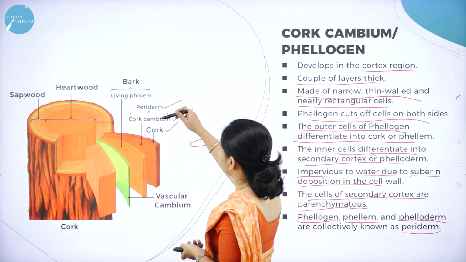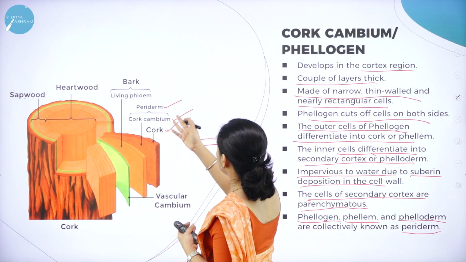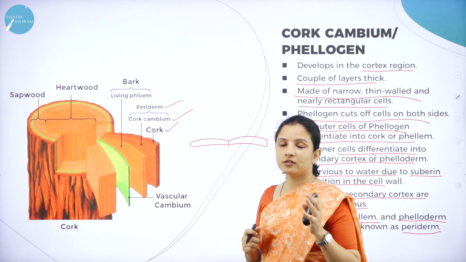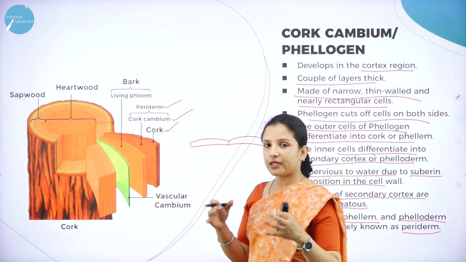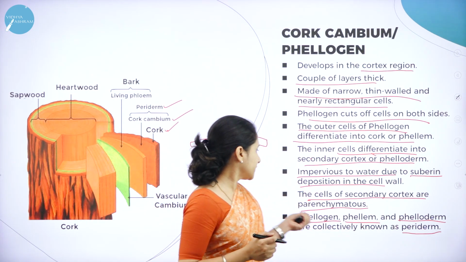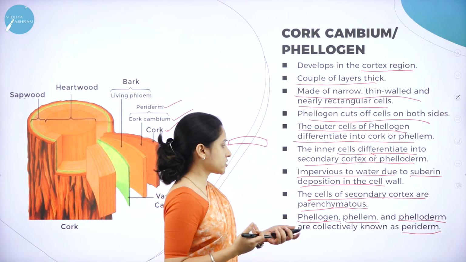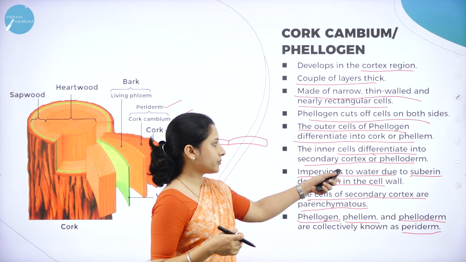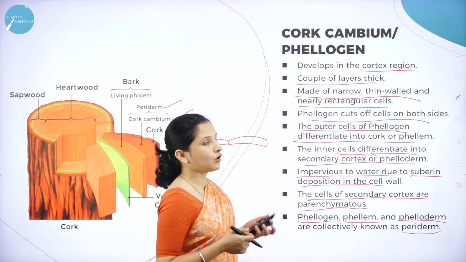So you can see here the cork cambium, the cork, all these: the phellogen, which is nothing but the cork cambium, the phellum and the phelloderm together are called the periderm. So this is nothing but about the cork. Apart from that, there is also formation of the bark, which we will study later. So this is the function of the cork cambium. The main function of the cork cambium is resulting in the formation of the periderm. In one word, the periderm is the phelloderm, the phellum and the phellogen together. So this is the function of the cork cambium.